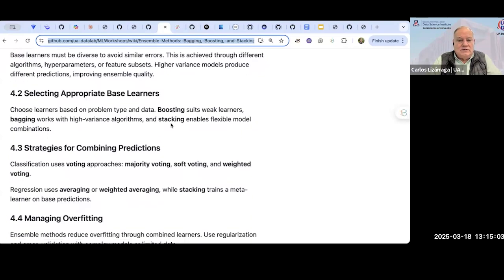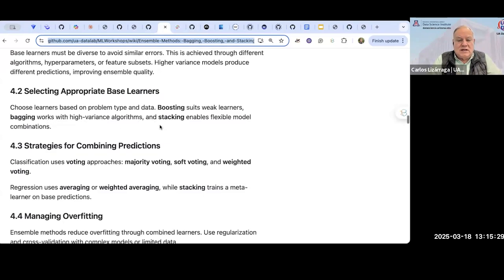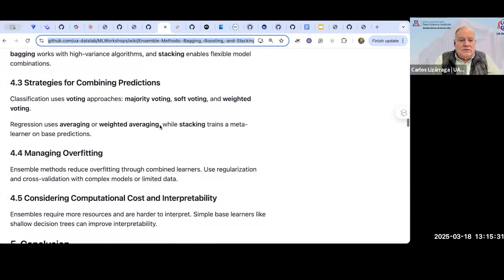For boosting, you have to select, for example, weak learners. A weak learner is something that is slowly learning, and at some point, when you combine the different weak learners, you get an improved result. Bagging works with high variance algorithms, and finally stacking enables a flexible model. Okay, so